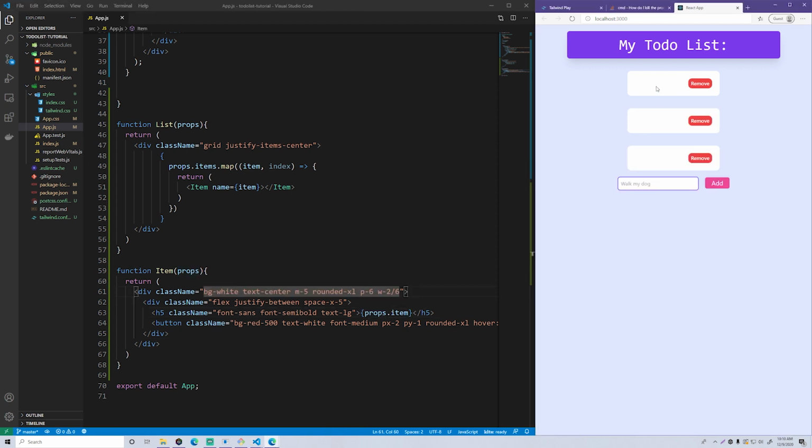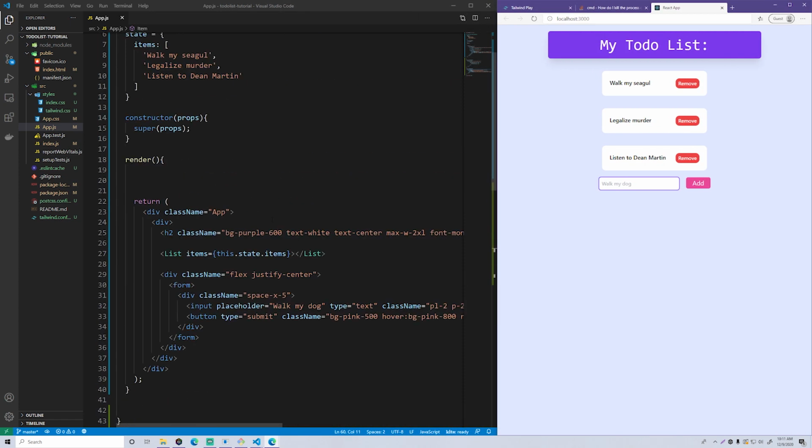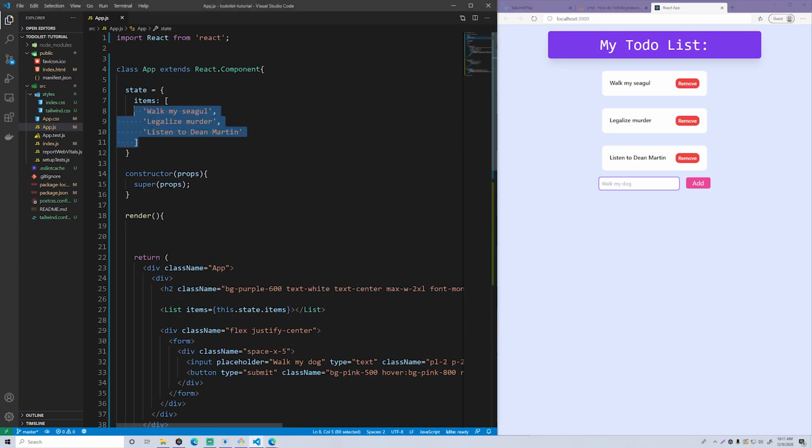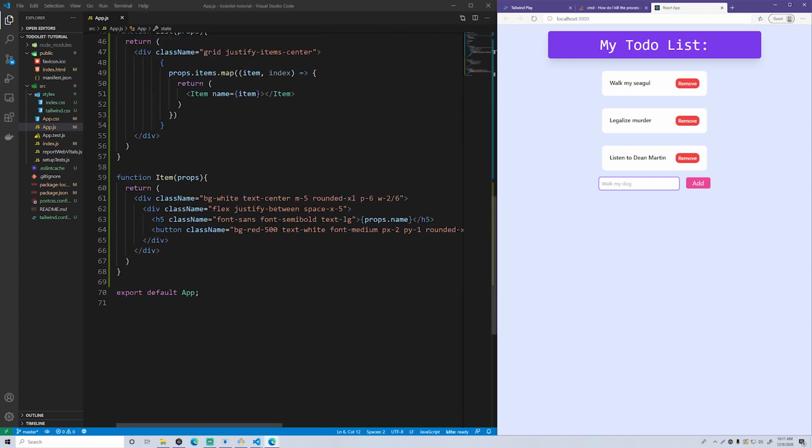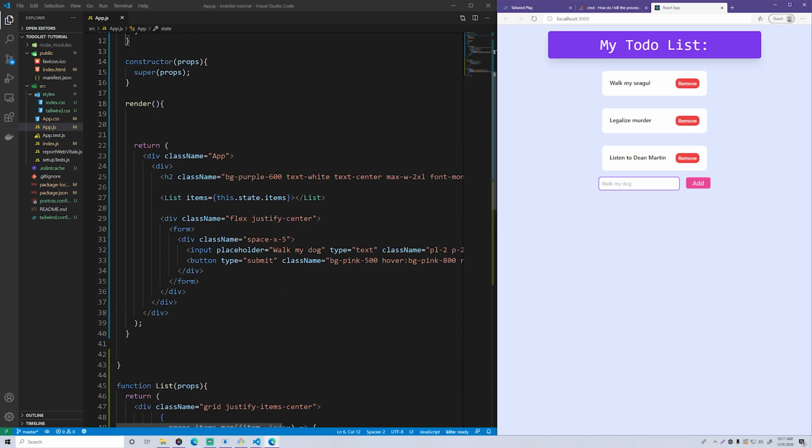And there we go. Already you can see that it's rendering all three, except that it's not putting the prop in there like it should. So we've got to think about why that is. Oh, I see. It's because we called it name, not item. So the thing that we're passing in is called item, but the actual prop itself is called name. So we'll just change this to props.name, and then now this will render each string. So already, as you can see, that's so easy. It's really cool. Basically, based on what's inside the state, it's going to dynamically render each listing based upon those strings inside the state for items by passing them in.